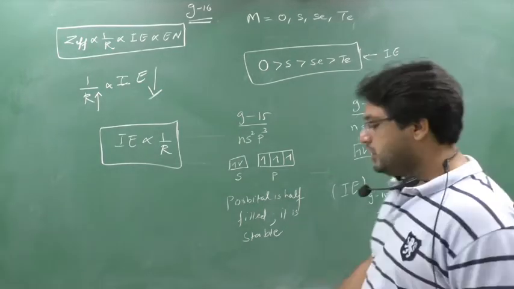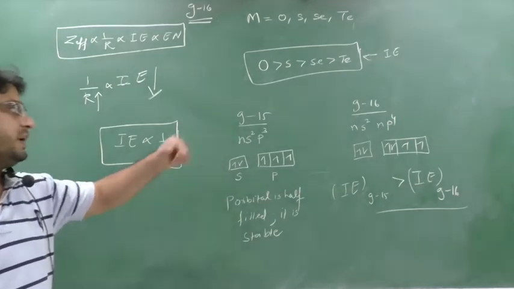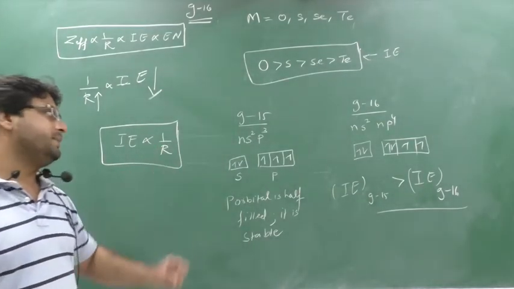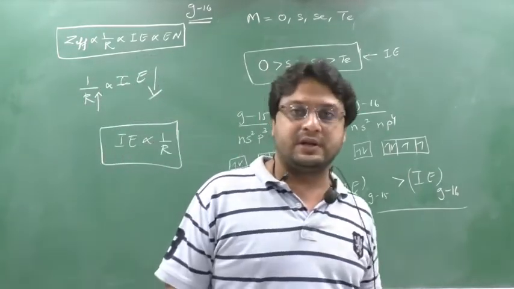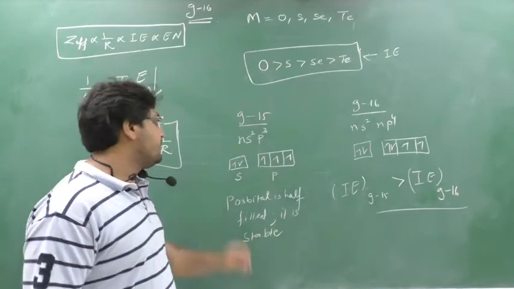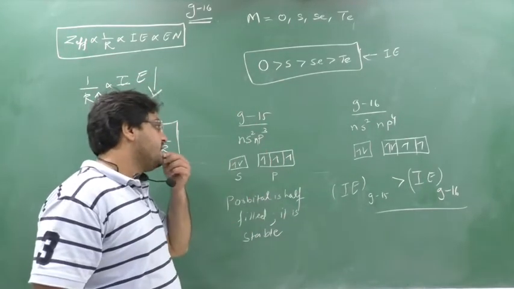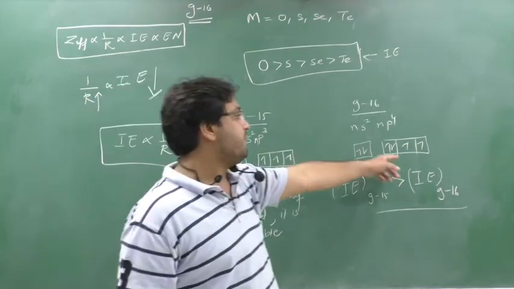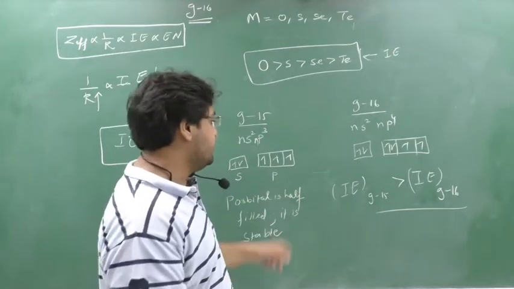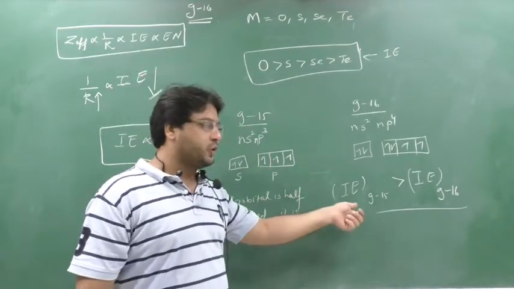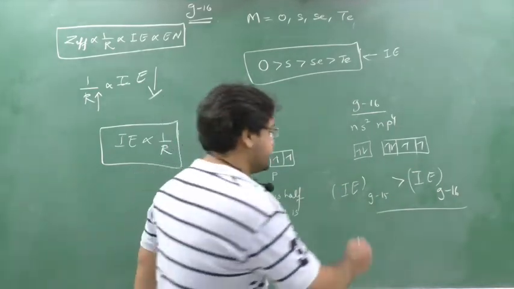The reason is that the general atomic configuration of group number 15 is ns2 np3, so the p orbital is half filled. When any orbital is half filled or completely filled, it is stable. Whereas in group number 16, the p orbital is not half filled. So group number 15 has extra stability, due to which the ionization enthalpy of all the elements of group number 15 is a bit higher than group number 16. Which ionization enthalpy? First ionization enthalpy.